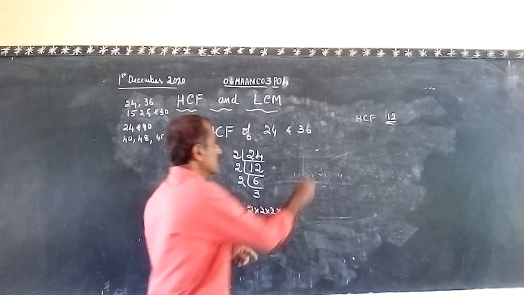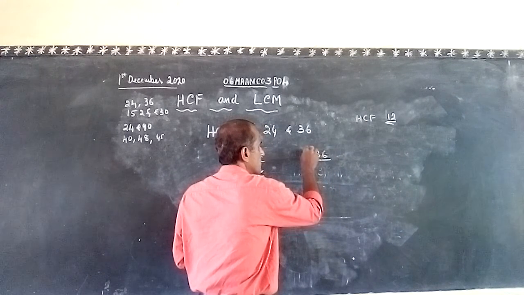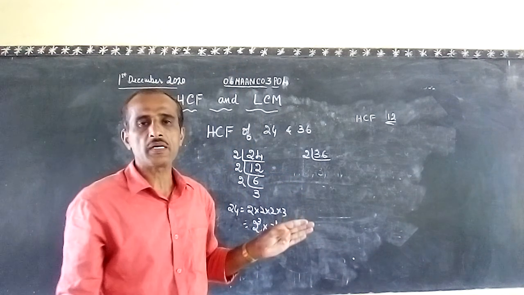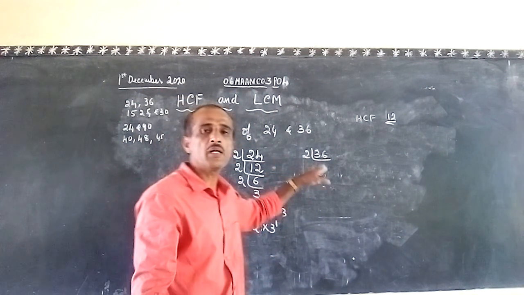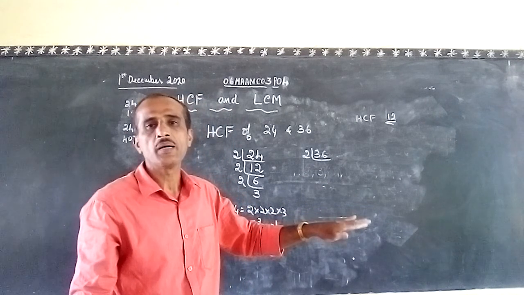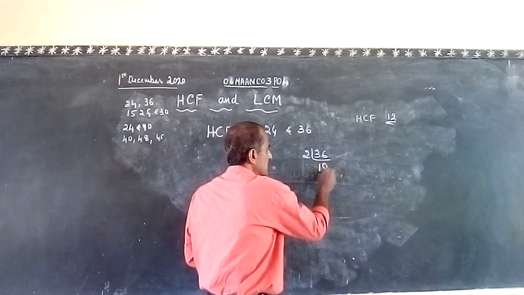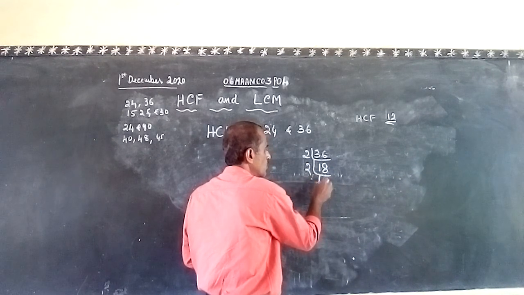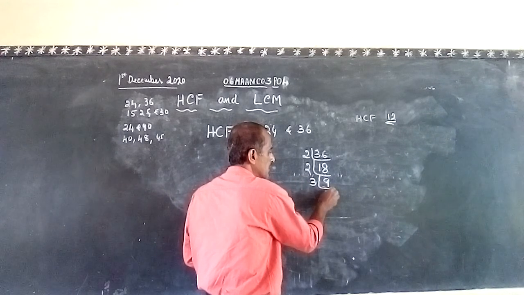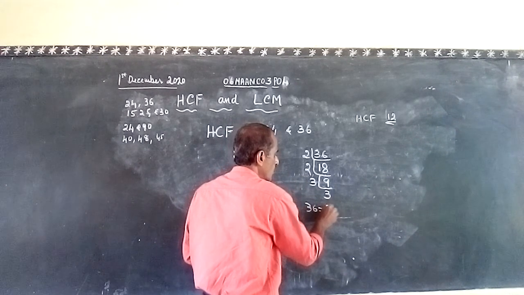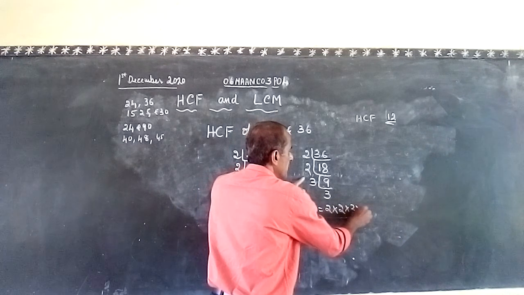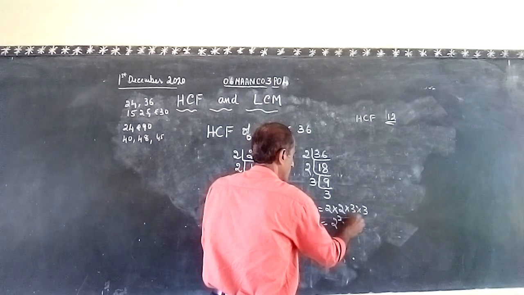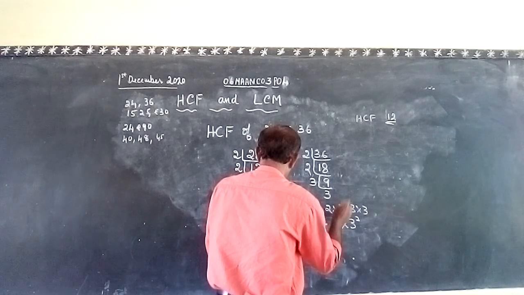Next, 36. In the same way, find the prime factors of 36. So what you have to do? By the prime factorization method, you have to go by the smallest prime number. If it is possible by that number, go on; if not, you have to go for the very next prime number. So 2 18s are 36, again by 2, 9 2s are 18, again by 2 you can't, you have to go for 3, the next prime number, 3 3s are 9. So 36 is equal to 2 into 2 into 3 into 3, that is equal to 2 to the power 2 into 3 to the power 2.